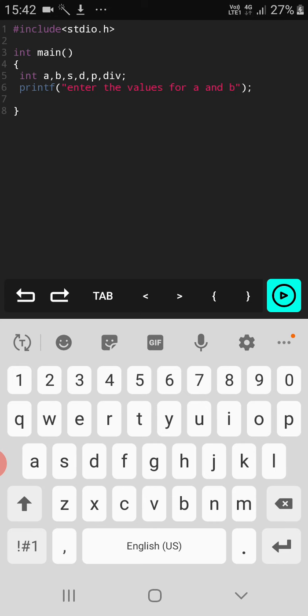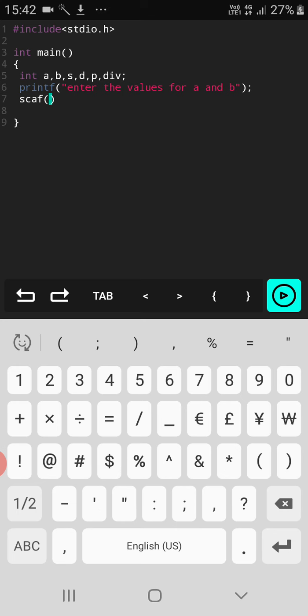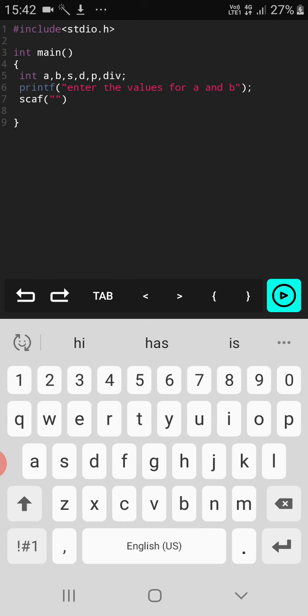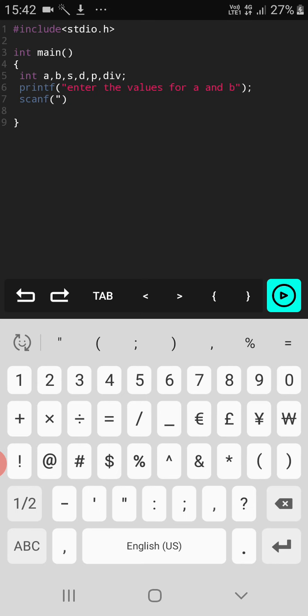So the next statement basically says we are printing a message saying enter the value of A and B. After this, the user is going to enter the value for two variables, that is for the variable A and for the variable B. So scanf is a standard input function which is used to accept the values from the end user. Scanf %d